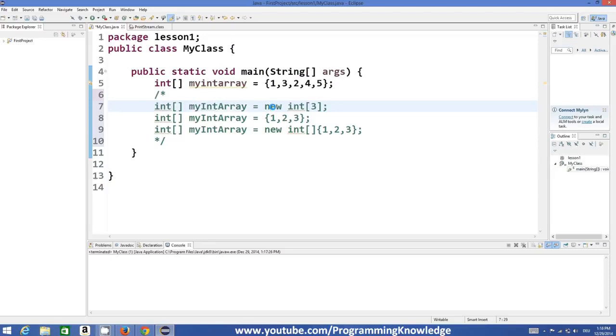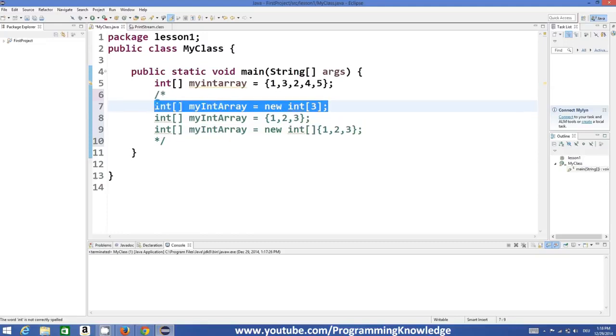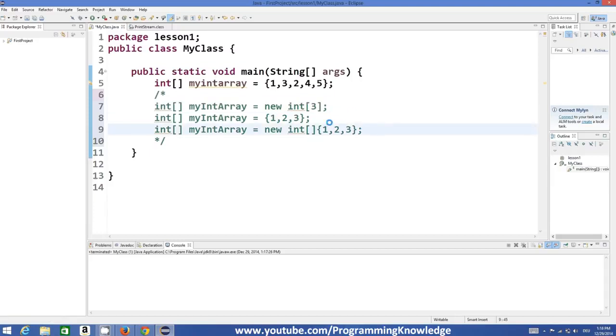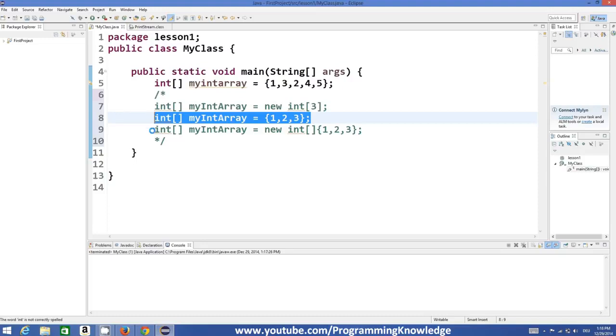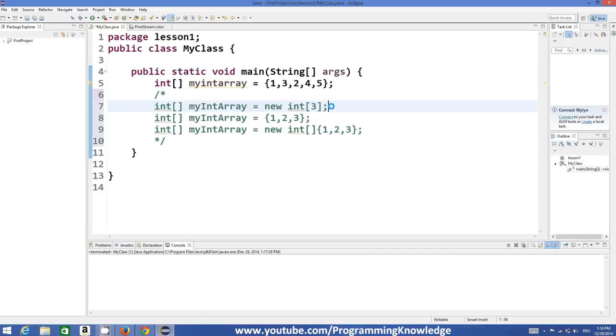We haven't learned what the new keyword is here, so I will not go deep into this kind of array. We will learn this when we learn how to use classes and objects. So we will use the first kind of array right now,